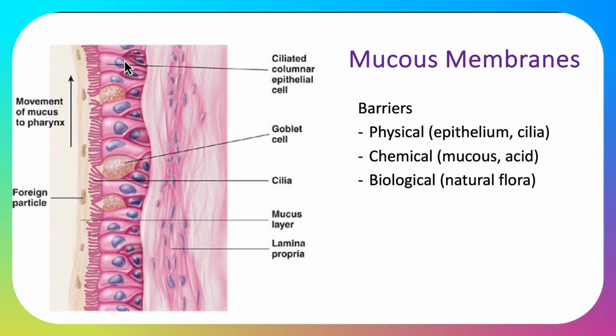Now, mucous membranes, so these are inside, say, like our trachea, and particularly this one's the trachea here. But also within our stomach and our small intestine, etc. So we've got these goblet cells that produce mucus. Now, mucus is a sticky type substance that captures particles and pathogens on their way down into the lungs. But we've also got this cilia as well, and it's the movement of the cilia that pushes the mucus up into the mouth, and then we can clear it through coughing.